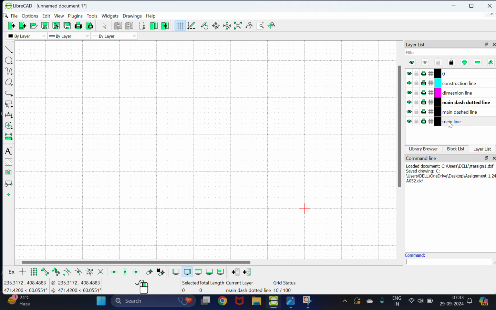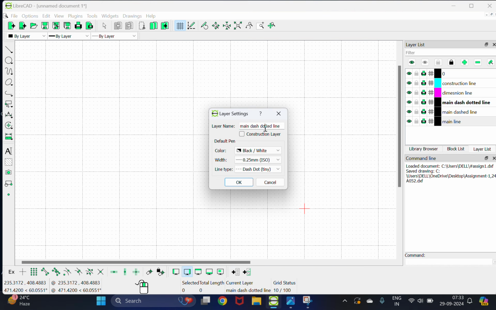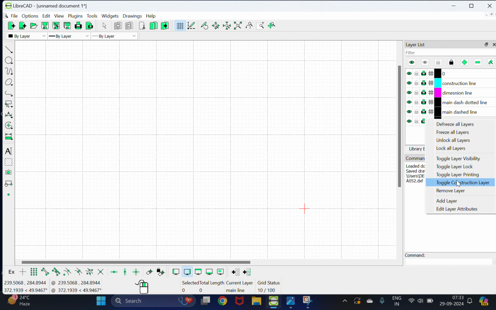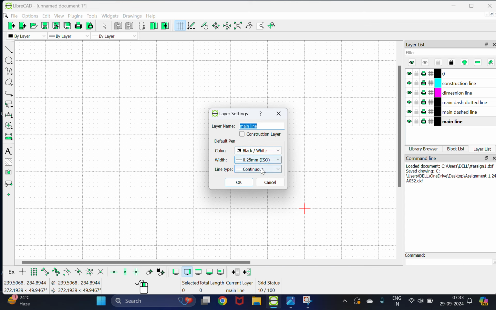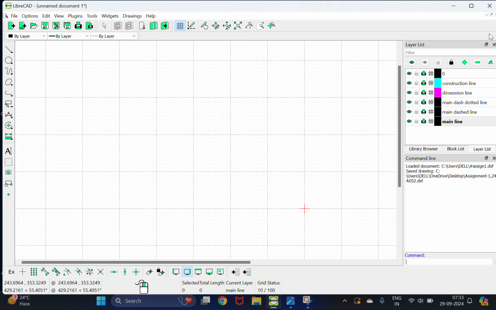Let me show you its attributes. Obviously, I have to select this one. For the main line I use 0.25 mm continuous, in black. Similarly for these all I use the same. For dimension line I used 0.18 and magenta color. The very next, for construction line I use 0.13. That's it. For this very 0, let me just keep this to 35. Okay,